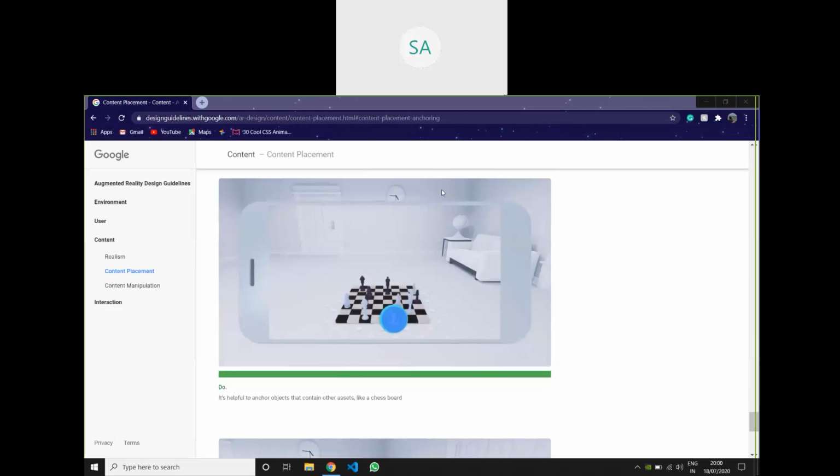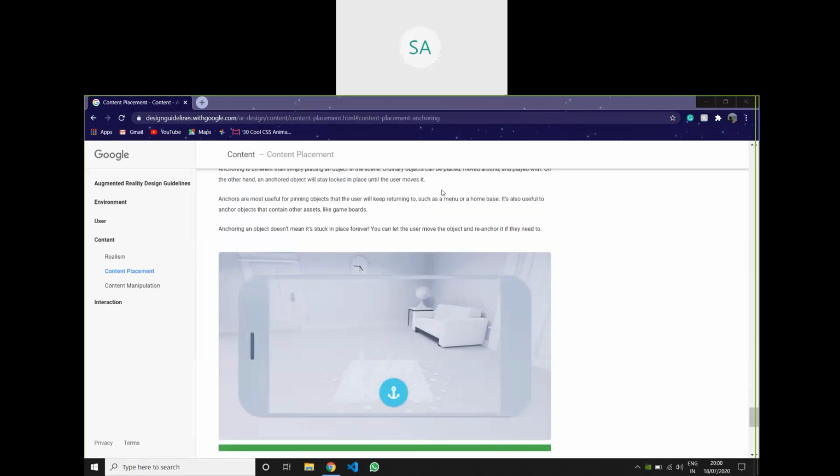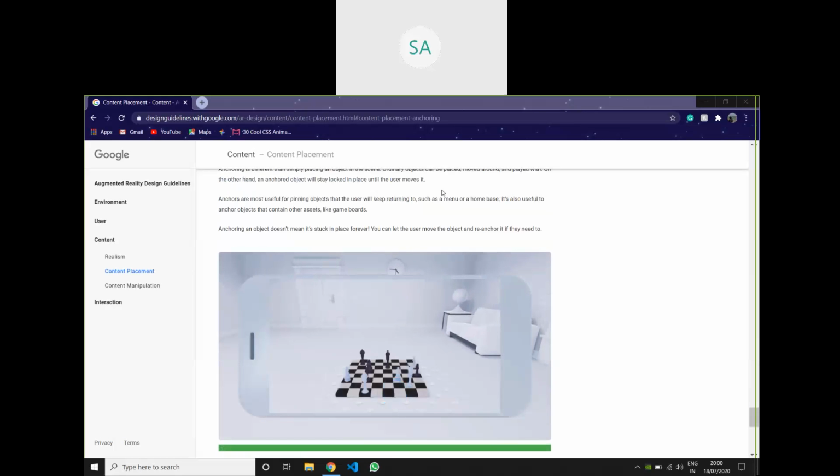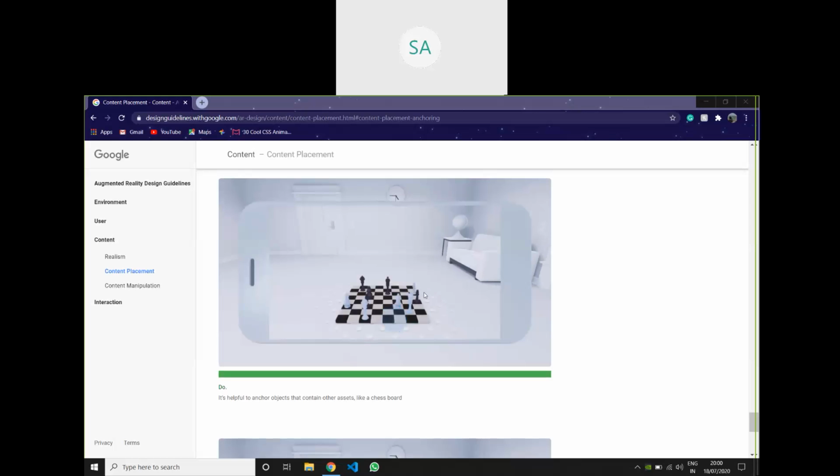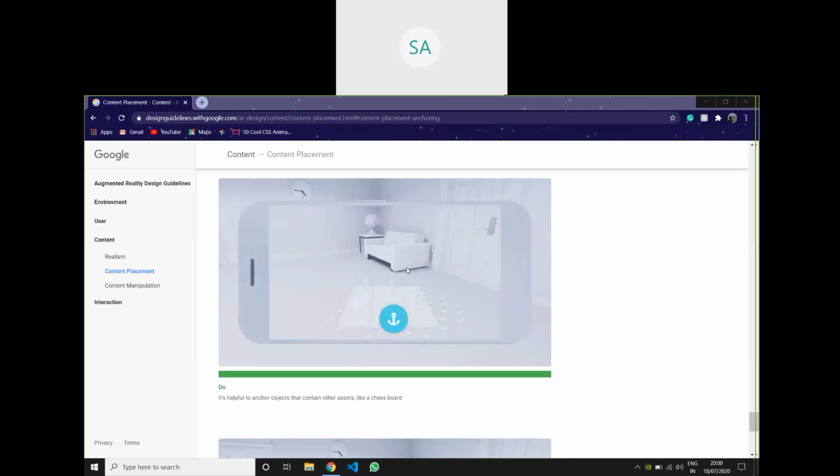And then anchoring is such that when you place it there, it doesn't move from there. So whenever you go somewhere and come back to that same point, it will be present there itself. So this is how it is done. You should give this option also to the user if he wants to place it there and he wants to move somewhere else.